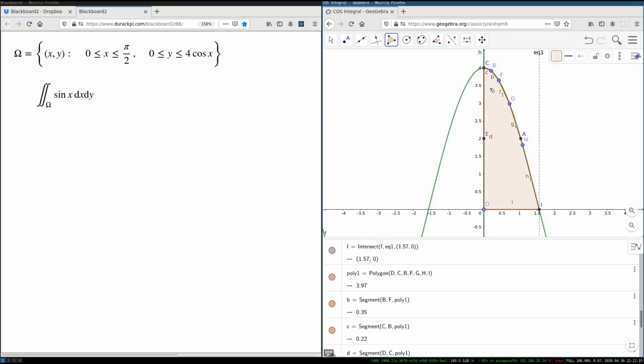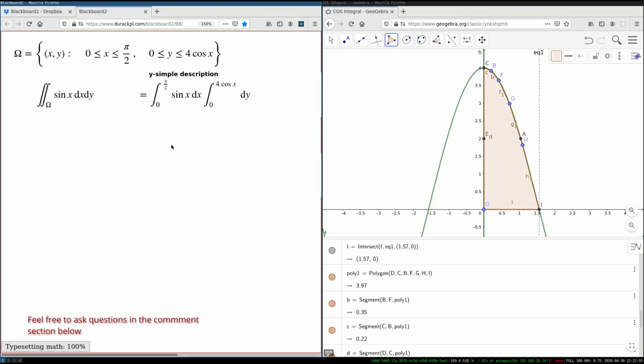So this is a domain which is bounded by the cos wave, the x-axis and the y-axis. If you know a little bit of double integration, you probably know how to find this integral almost in one line. All you have to say is that the domain omega is so-called y-simple, and when you integrate over a y-simple domain, you can convert your double integral into a repeated integral. This is something that Fubini's theorem does,